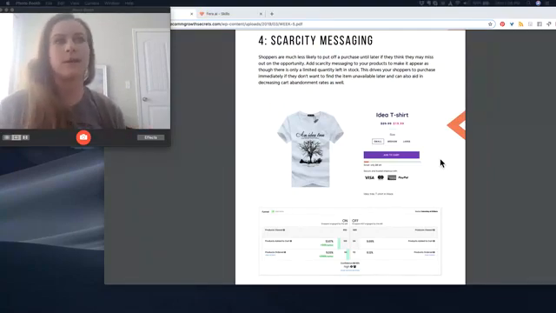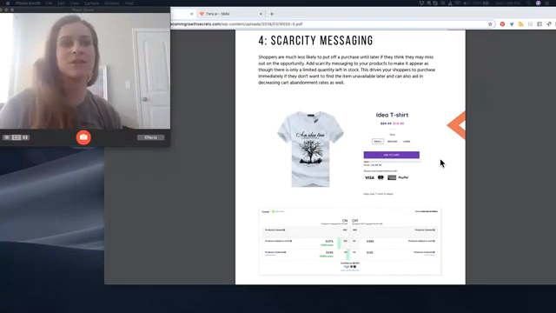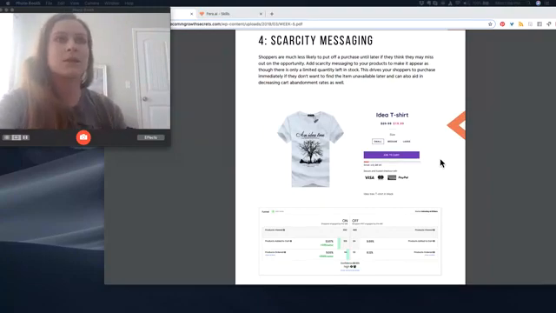The number is completely up to you. It doesn't have to be a realistic representation of how many you really have in stock, especially if you're drop shipping. Obviously, you don't have any in stock because it's just order and ship as they come and go. So adding the scarcity messaging will increase people's